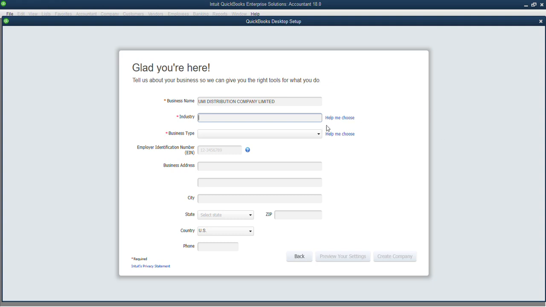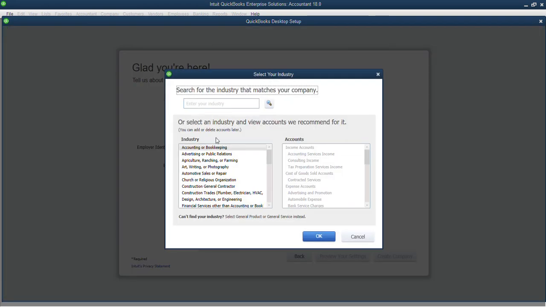What I can do is ask QuickBooks to help me. I'll just click here where you're seeing help me choose. When I click on it, QuickBooks brings up this option. From here, I can select from the different industries available. We have accounting and bookkeeping, advertising and public relations, agriculture, ranching and farming, and art, writing or photography, which is the one we used